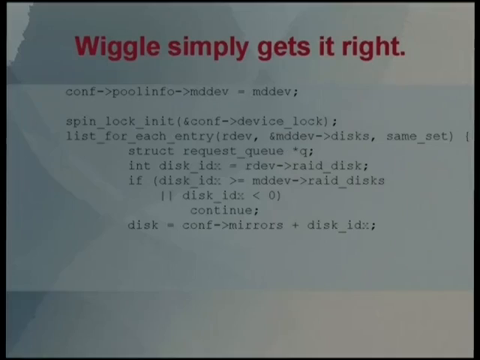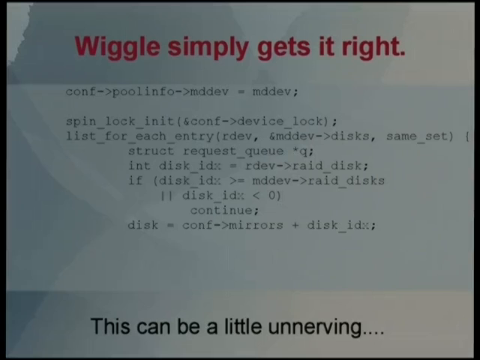And this is where Wiggle stood for quite a while. It would do this, and I had a little script that would, whenever I got a reject file, give the reject file to Wiggle, and it would throw the result up in an editor, and I would fix it. And it was mostly good, but the problem is, it can be a little unnerving. It just works, and you know there was a conflict of some sort. You know it shouldn't have worked perfectly, and it did work perfectly. It probably got it right, but I want to be able to see what it did.